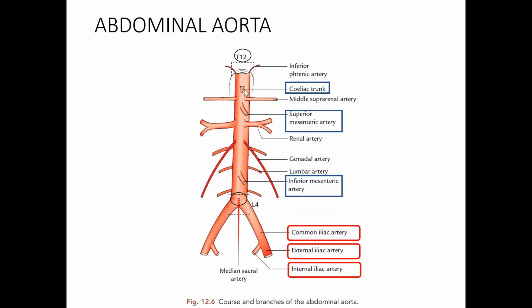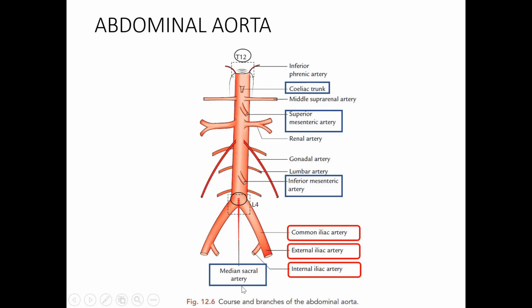The third artery is the inferior mesenteric artery. Again here, the inferior mesenteric artery arises from the level of the L3 vertebra, and this inferior mesenteric artery is called the artery of your hindgut. Okay, this is also an unpaired branch of your abdominal aorta. The last artery is the median sacral artery, which is present here. So these four are the unpaired branches of the abdominal aorta, and they arise from the anterior surface of the abdominal aorta. So you can make out the celiac trunk, the superior mesenteric artery, the inferior mesenteric artery, and the median sacral artery. Okay, so these are the unpaired branches.